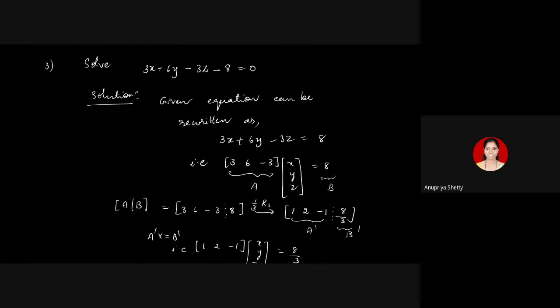If you compare with the proof of the converse in the proposition, it says that whenever the last column has no pivot, you have to look for the columns which have a pivot and which do not have a pivot. In the first problem which we discussed, all the 3 columns had a pivot. In fact, it was the identity matrix. So we directly got x1, x2, and x3. Now here, the 3 columns don't have a pivot. Only the first column has a pivot. The second and the third columns don't have a pivot.